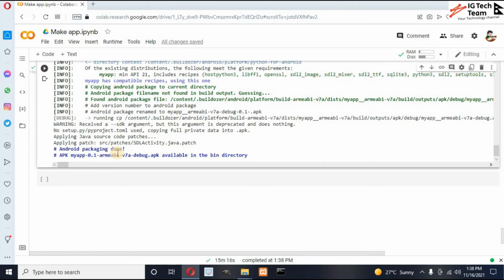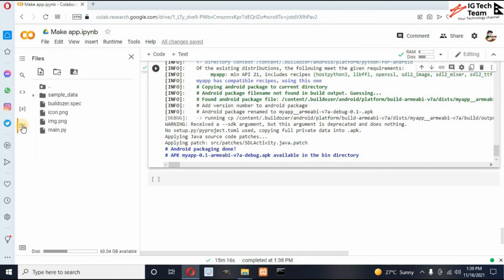Okay, great. You can see here my Android file is ready. Android packaging done, and my APK file is available in the bin directory. So where is this bin directory? I can click on this file, and you can see here this is my bin folder, and inside this I have my application.